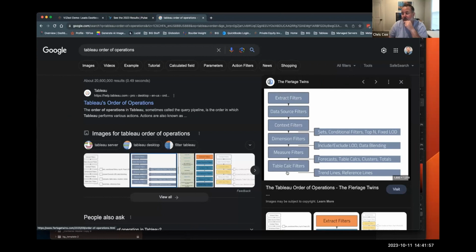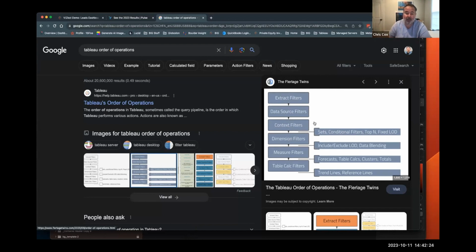So this is the order of operations in which things happen. If I create an extract filter, that's going to filter first, before I do anything. Then data source filters next, and then a context filter. Then you're going to have sets, and then your top N and your fixed LOD. So this is a great one to use if you're trying to get it to happen before something like a fixed LOD. That's probably the most common way I use it, putting things up.